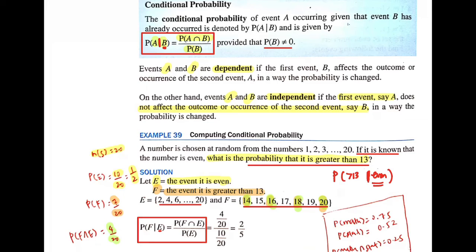So the probability of F intersect E is 4 over the sample space 20. So let's write here, the intersection is 4 over 20, divided by P(E). P(E) is 10 over 20, or you can write it as the simplified 1 over 2. And then dividing, your final answer will be 2 over